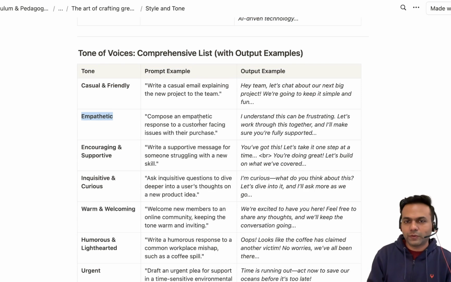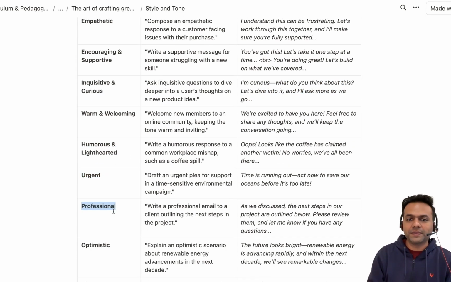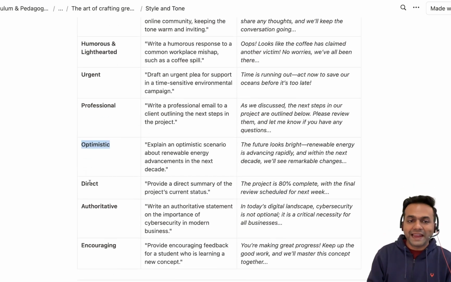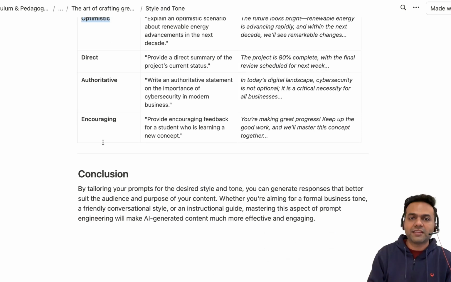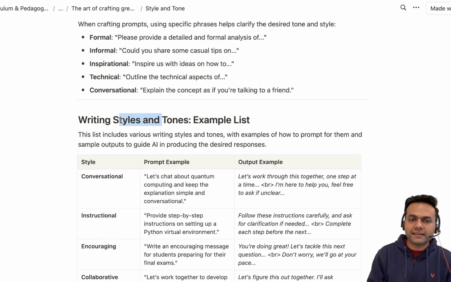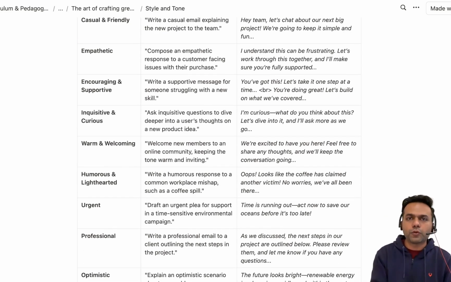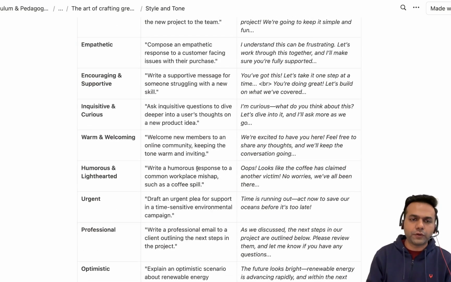Do you want an empathetic tone? I understand this can be frustrating. Encouraging and supportive: you got this, take this one step forward. Inquisitive, warm and welcoming, humorous, light, gentle, professional, optimistic, direct, authoritative, encouraging. So with a combination of these styles and tones, you can literally manage the type of output that you will be receiving.